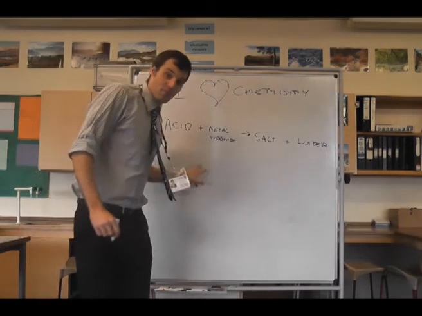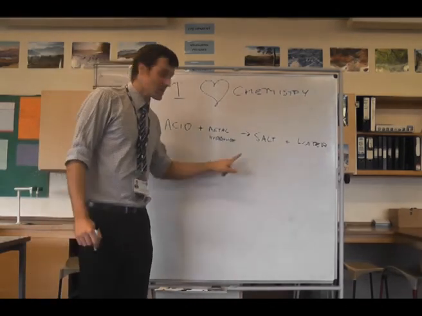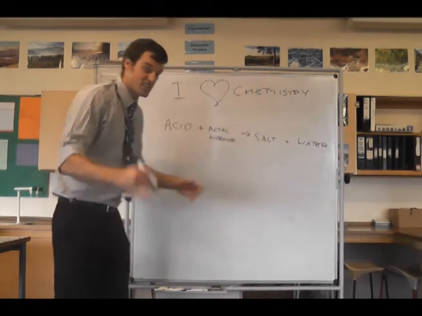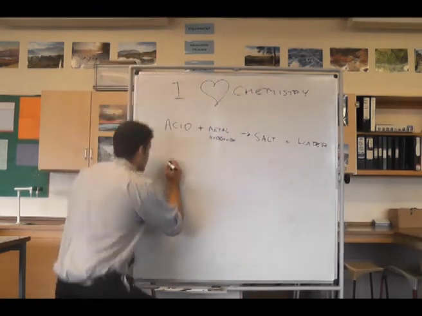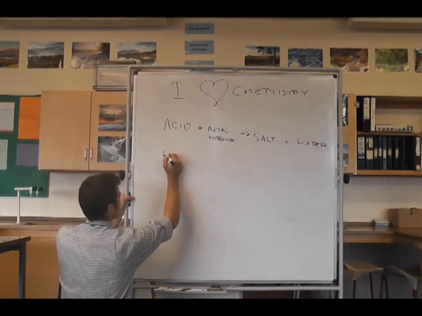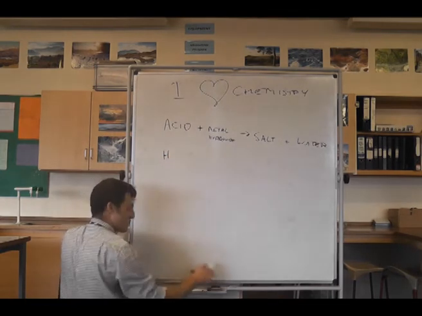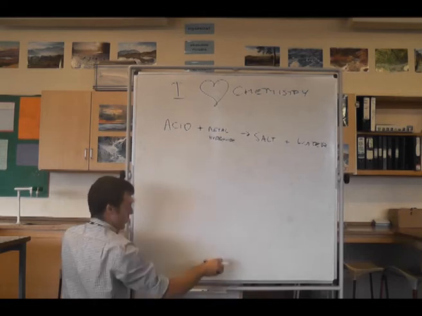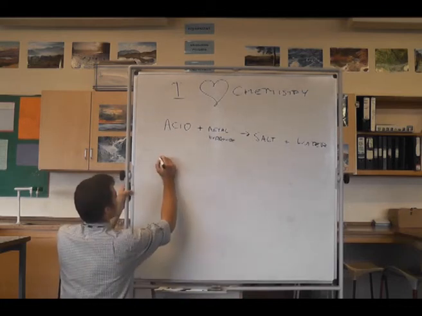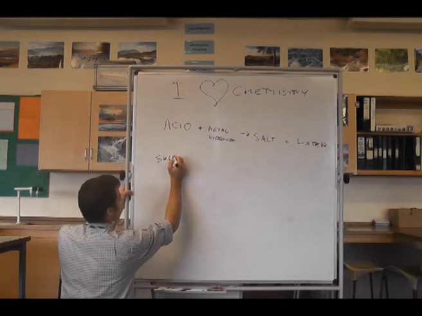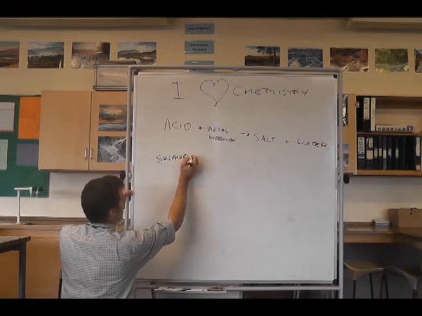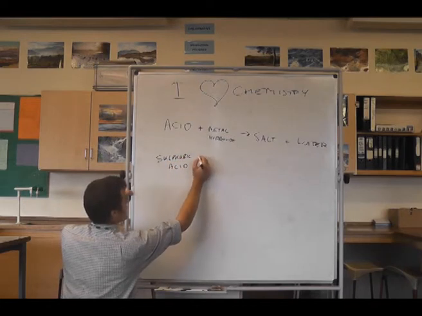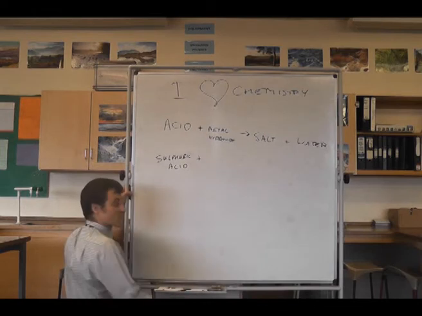Excellent. So our second example was an acid plus metal hydroxide goes to salt and water. So let's take a different acid this time. Let's take sulfuric acid. Sulfuric acid, we need to learn these, it's H. No, let's do the word equation first, let's walk before we can run. Let's do the word equation before we do the symbol equation. So the word equation will be sulfuric acid plus, let's do sodium hydroxide